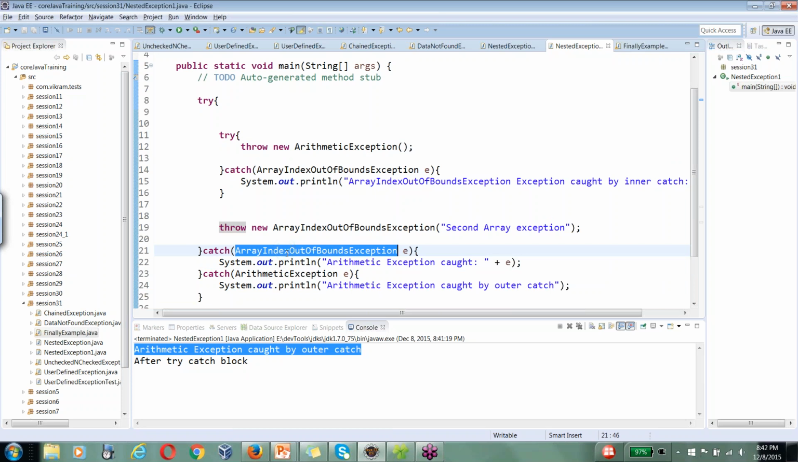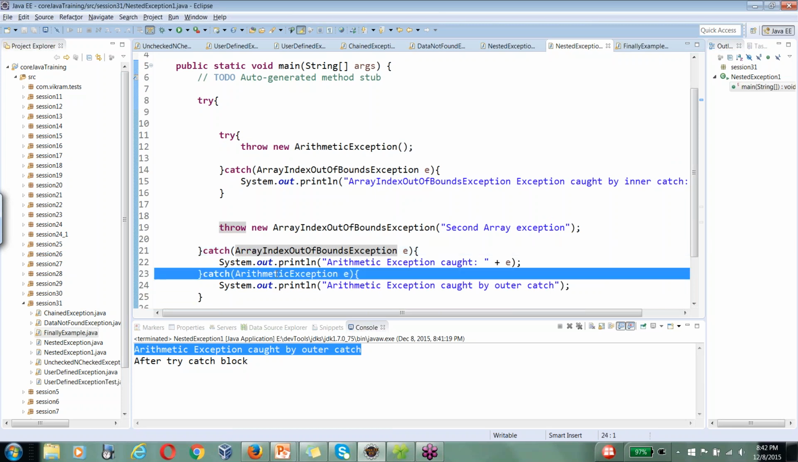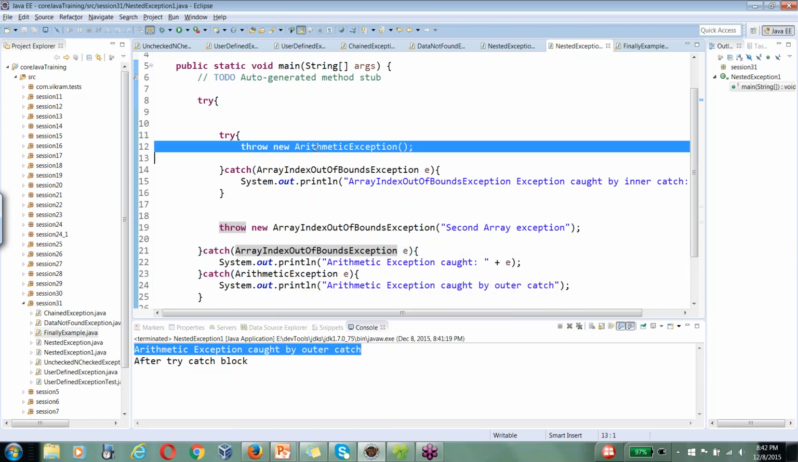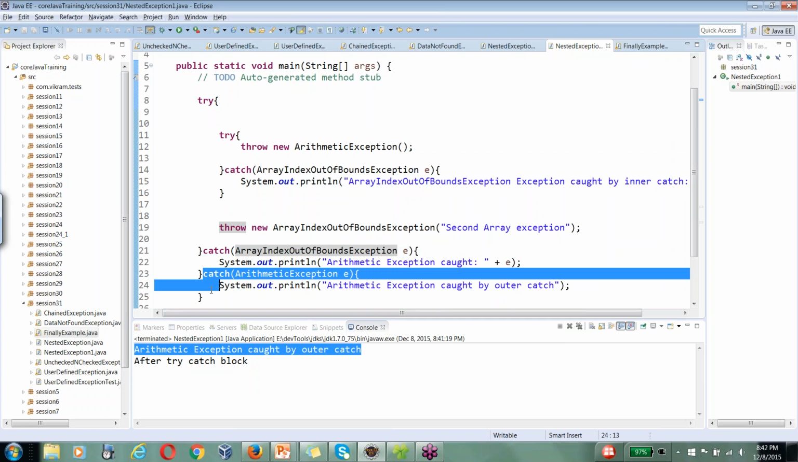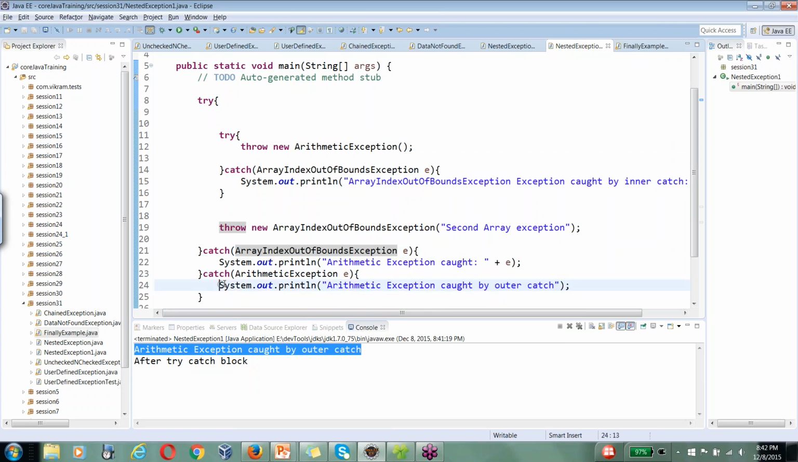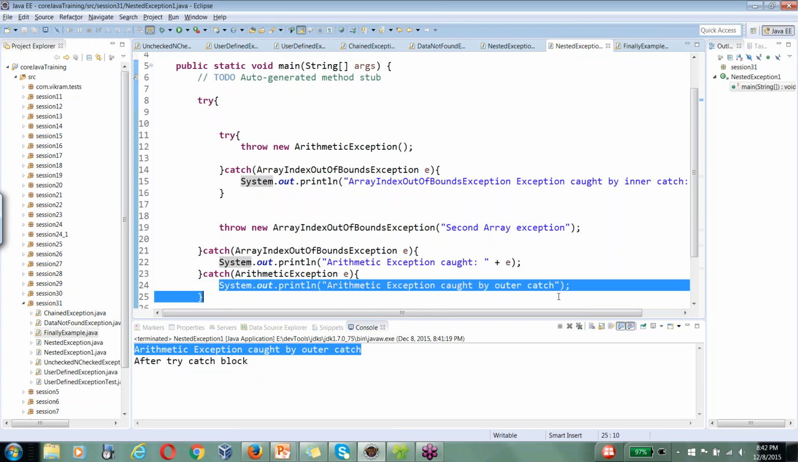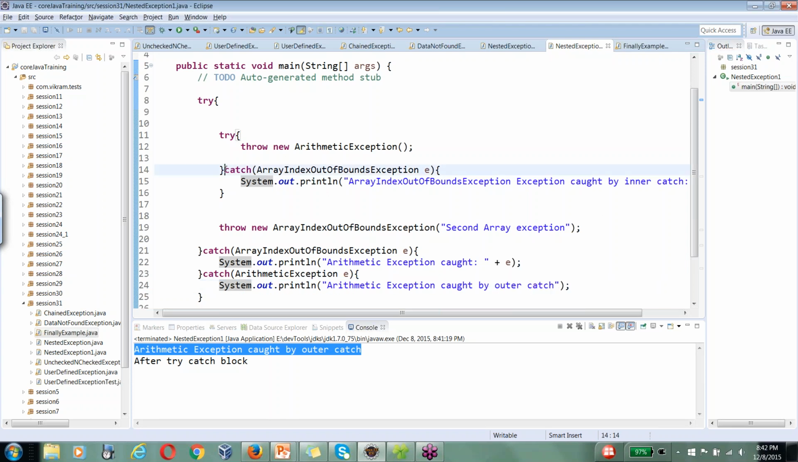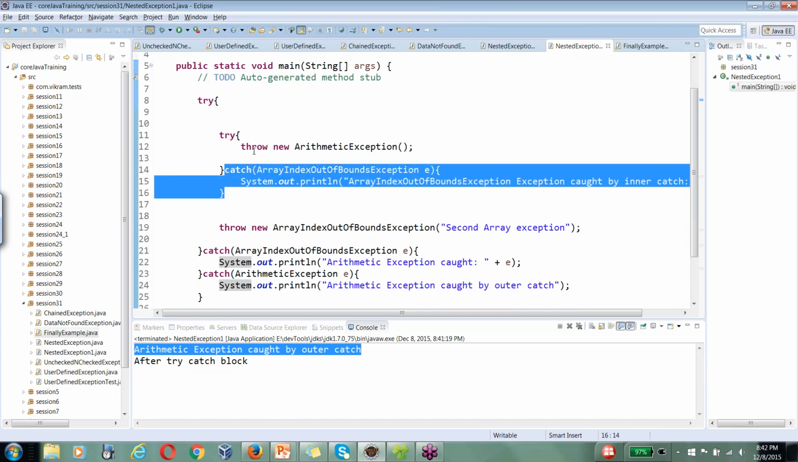This one will not be matched. This particular catch block will match the type of exception thrown inside your inner try block. That is when this catch block comes into the picture, and it displays this statement. So what is happening? If the inner try block's catch block, or exception handler, is not able to handle the exception thrown